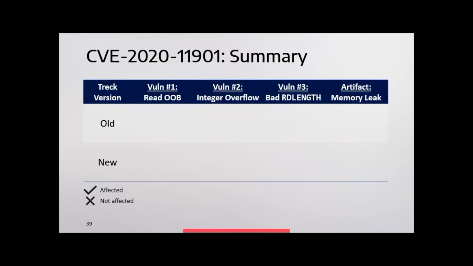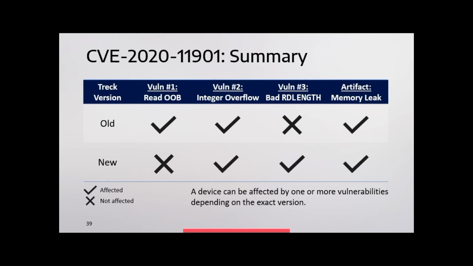So to summarize, CVE 2020-11901 is comprised of 4 vulnerabilities. We talk about 3 of them and 1 artifact. So the first vulnerability, the read out of bound vulnerability, affects older versions of the stack, but was fixed in later versions. As we saw, the integer overflow vulnerability affects both old and newer versions of the stack. The bad RD length vulnerability is a result from a bad fix for the read out of bound vulnerability, so it affects only newer versions of the stack, and the artifact is present in both old and newer versions of the stack. So the main takeaway from this part is that a device can be affected by one or more vulnerabilities depending on the exact version of Treck they use,